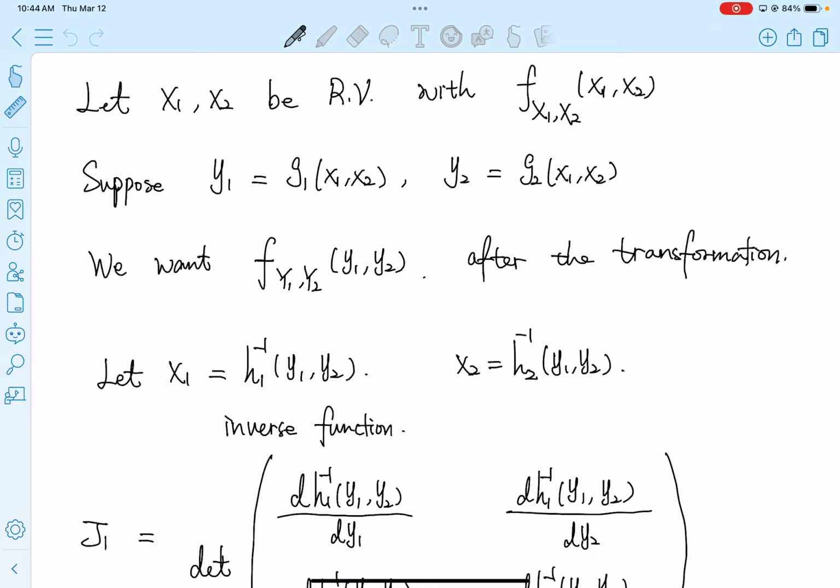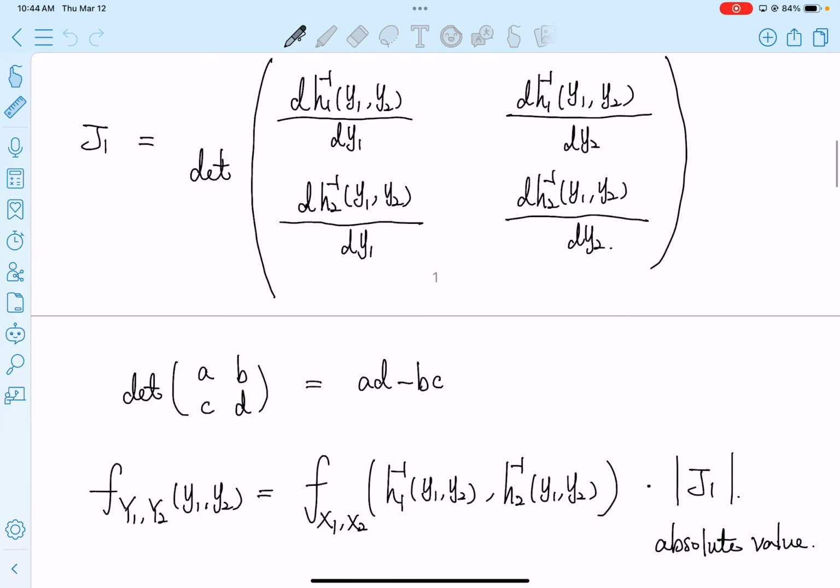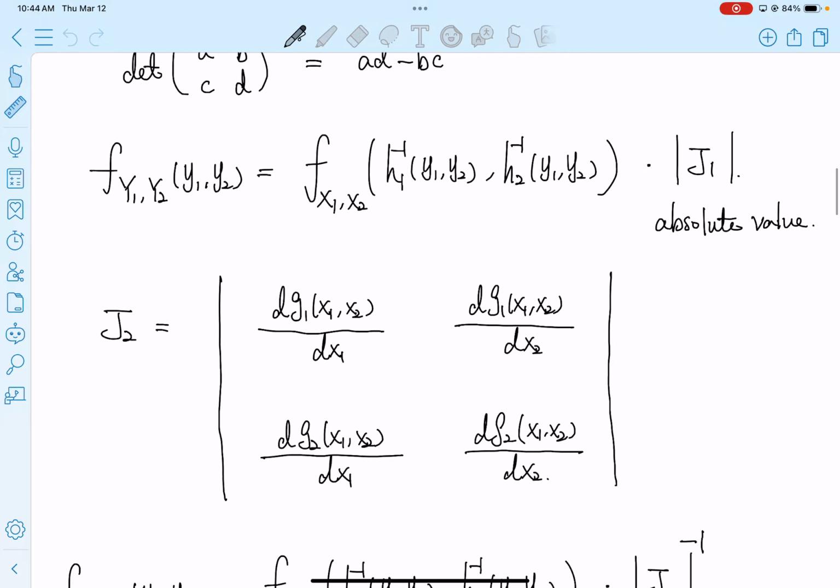and then decide whether you want to use J1 or J2. Based on whether your inverse or your g's are relatively easy, whichever is easy, you can use either J1 or J2. After calculating that, set up the joint distribution for the new random variables, whenever you see an old random variable replace it by the inverse function in terms of the new variables, and don't forget the absolute value